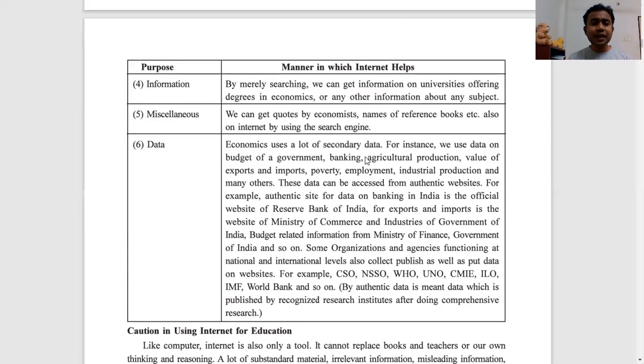Economics uses a lot of secondary data. Like we use data on budget of government, banking, agricultural production, value of exports and imports, poverty, employment, industrial production, and many others. These data can be accessed from authentic websites. So nowadays, when we want to know what is the status of employment, what is the current poverty status of Indian population,